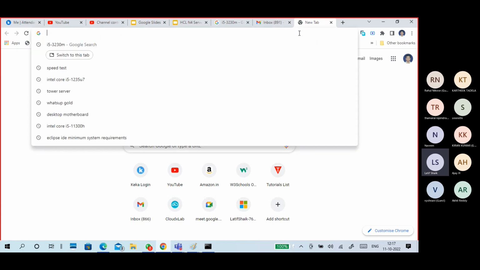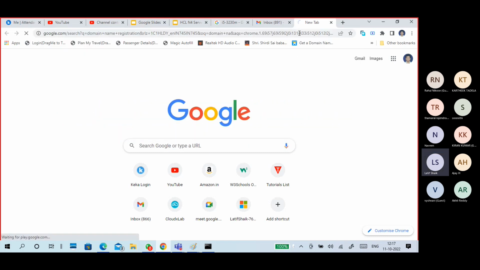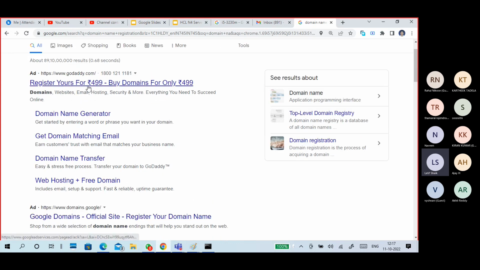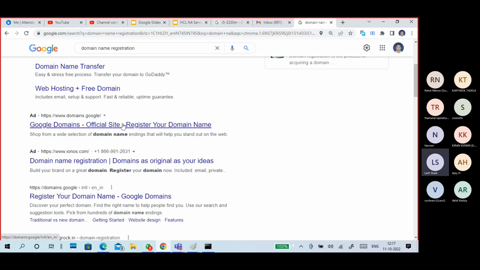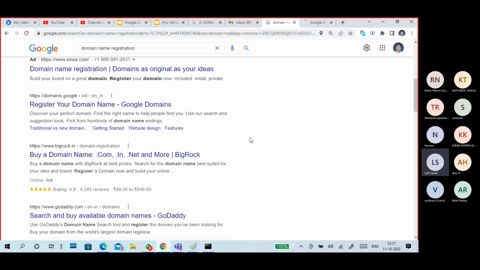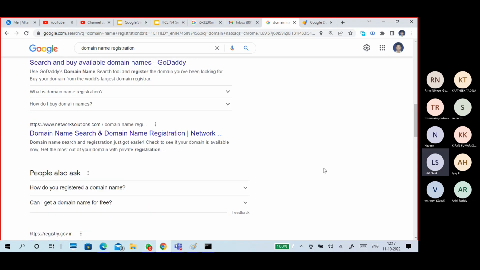Same thing. For example, you want to register a domain name. I want to register a domain name. So I can go to a third party like GoDaddy or google.com. You can register with Google also, or BigRock, GoDaddy, Network Solutions,